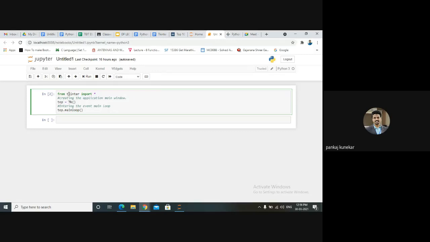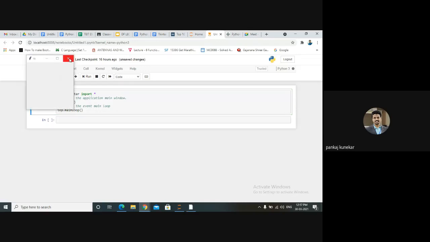After importing the Tkinter module, we need to create a main window. How to create the application main window? By creating an object of the Tk class. It's like a function, and like a constructor also. Tk is an inbuilt class.